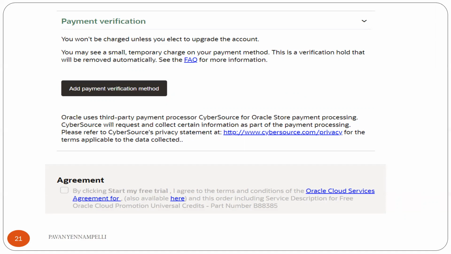Once the payment validation is done, below the agreement field, you have a checkbox. You click on this, and click on the submit button. Once you click on submit, the Oracle Cloud free tier account is created in 15 to 20 minutes.